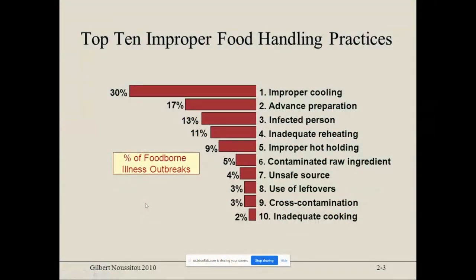Top 10 improper food handling practices. And the first one is not cooling it enough. So think about it, whether it's dairy or meat, if that refrigerator and freezer aren't cold enough, there's going to be some problems with that food. And there's a rule that we call